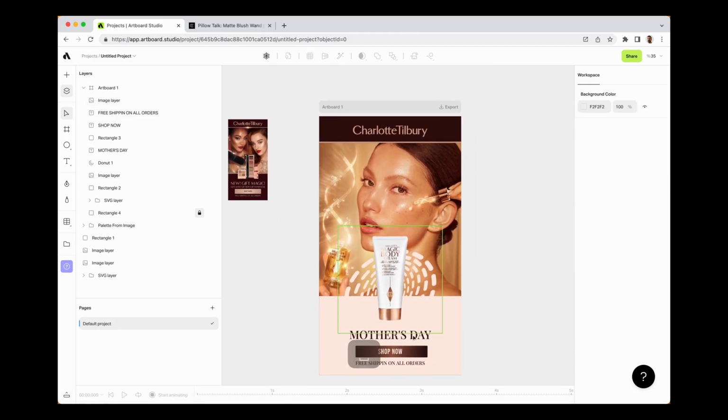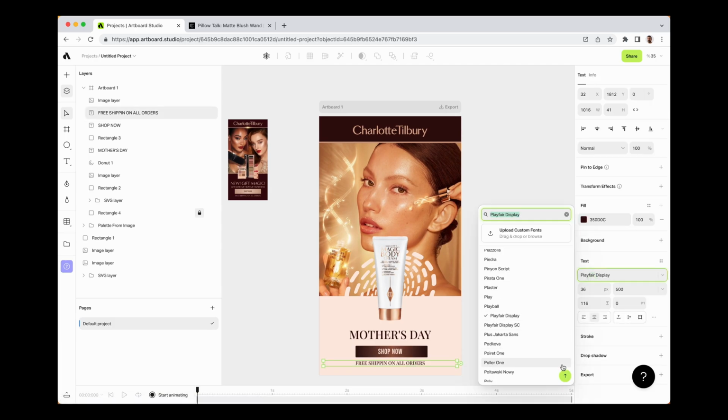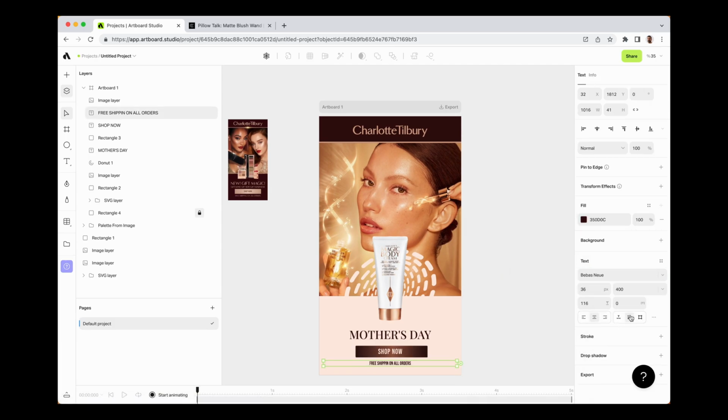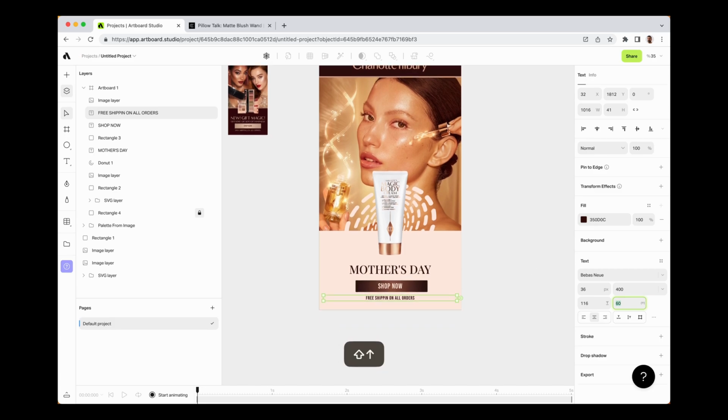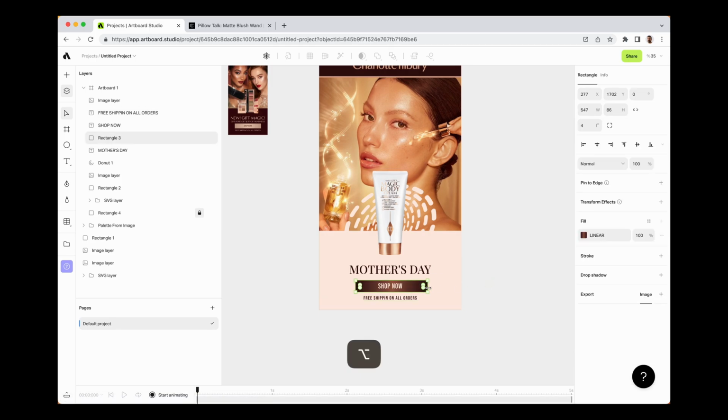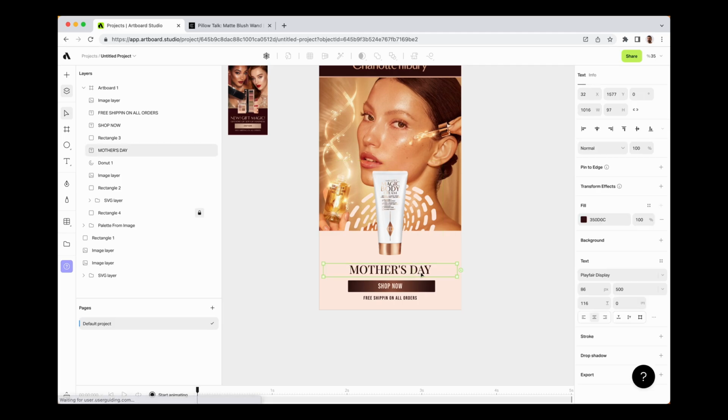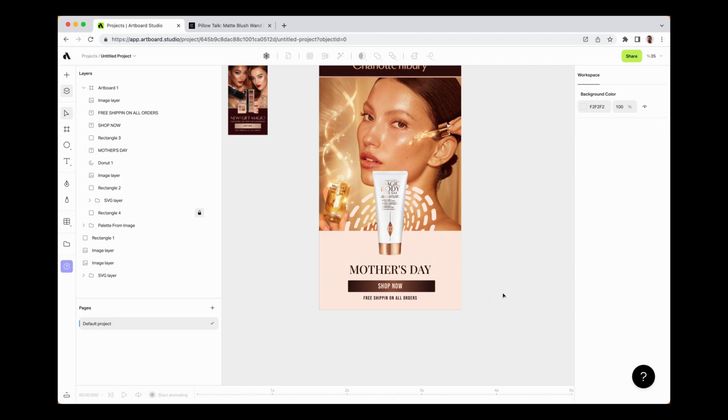hierarchy here. And I also didn't like the font here. I'm just going to use the Bebas and adding more letter spacing here. And maybe we can extend the button size. So far, so good, but